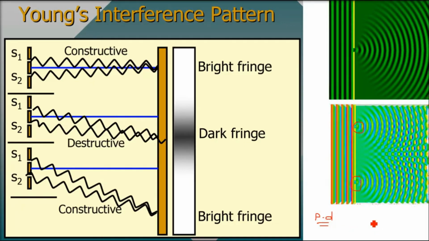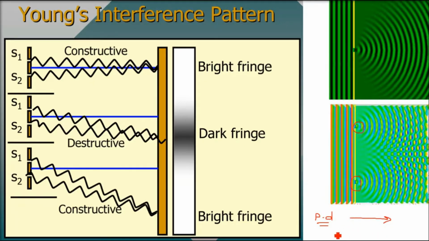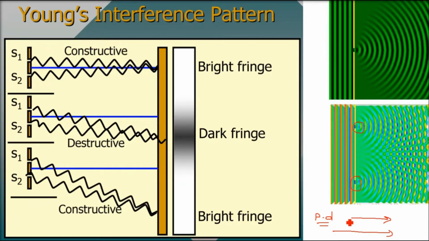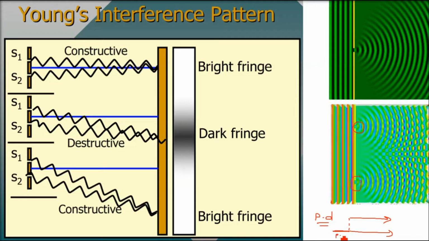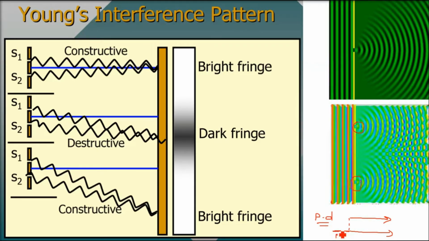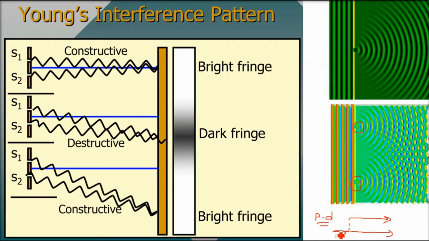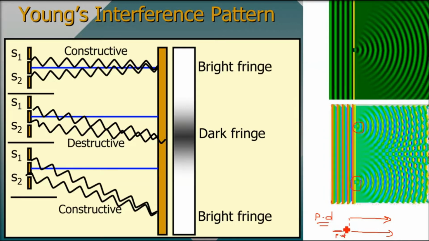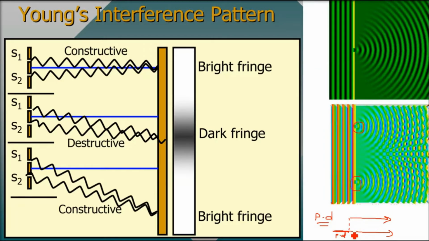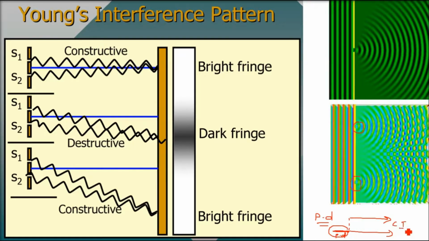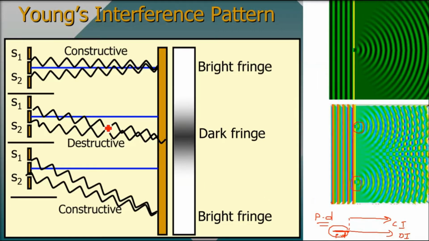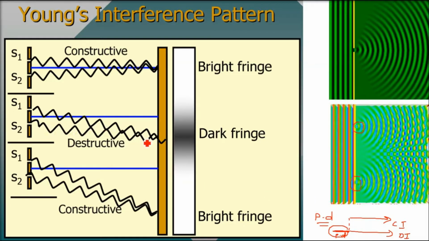We say path difference, or we also call it a phase difference, because there are angle and length. So if you are going this distance, and your friend is going this distance, this is the path difference. The difference of the path length is the path difference. One, in terms of distance, we call the path difference. The other, in terms of angle, is called the phase difference. So this path difference will decide whether it will be constructive interference or destructive interference.